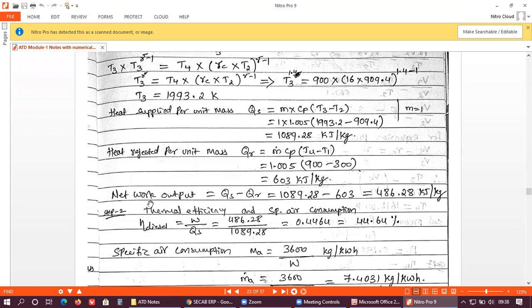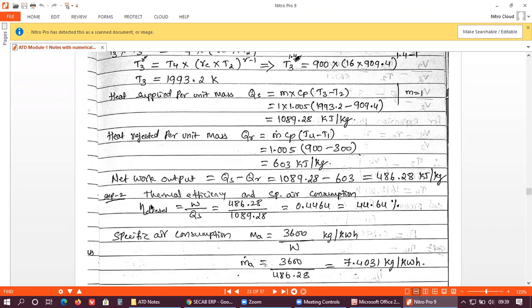So you have to do a little bit of work on this, then only you can understand the concept. First, be familiar with the TS diagram and PV diagram for all the cycles. If the TS diagram and PV diagram sit in your mind, then you can easily understand the problem statement, what is actually being asked, and you have to work on your numericals a little bit.